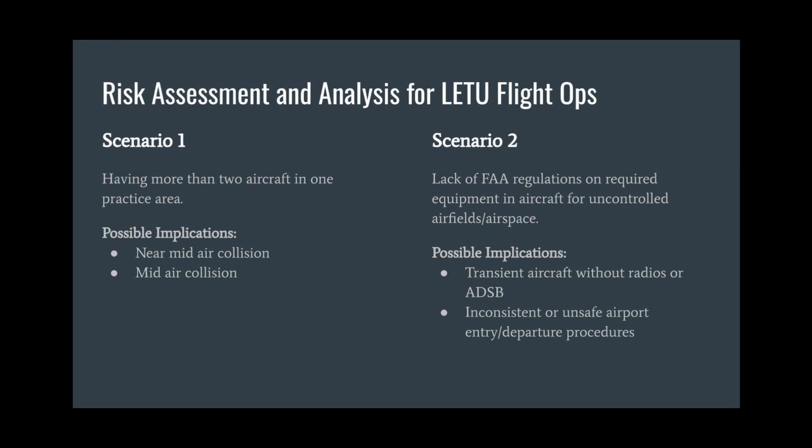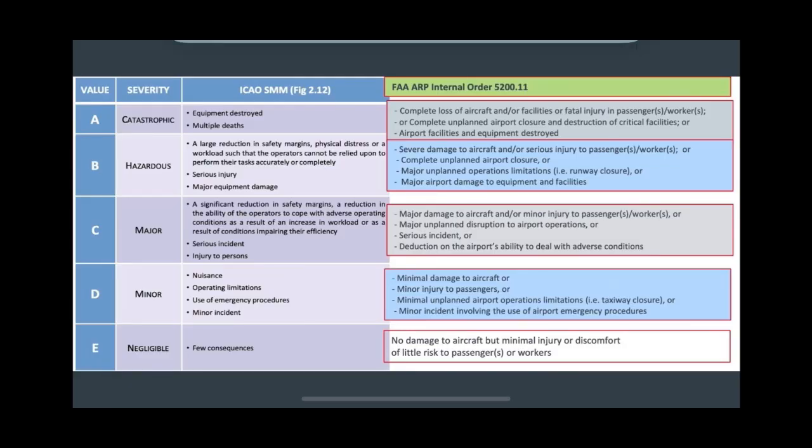So here we have the ICAO value, so risk severity on here. So going back to our risk assessment, the product of likelihood and severity, right? So this is our hazard severity. So we have A, B, C, D, E values. So here are the ones from catastrophic, hazardous, major, minor, negligible. And then comparing the ICAO and the FAA definitions here, they do follow a similar description guideline.